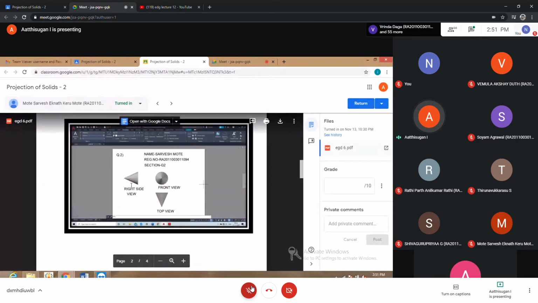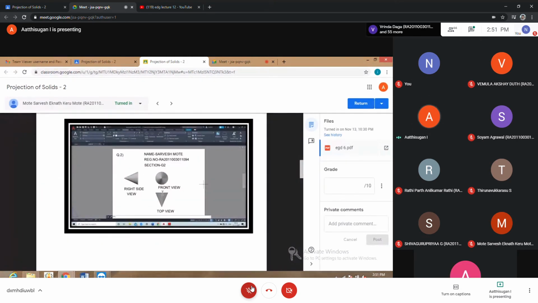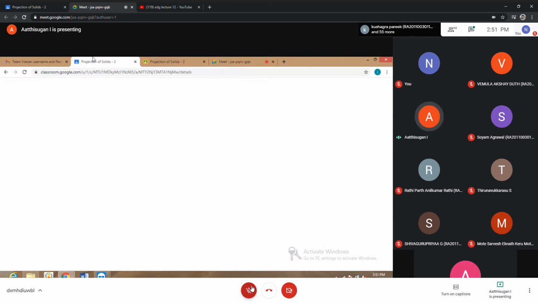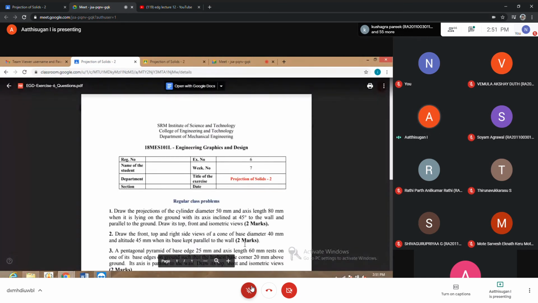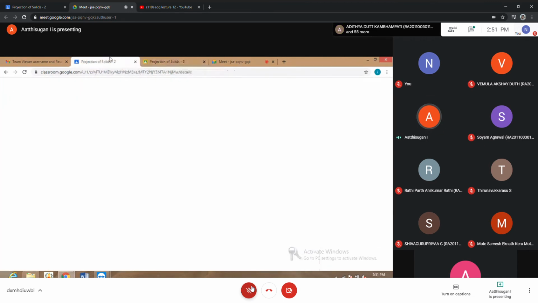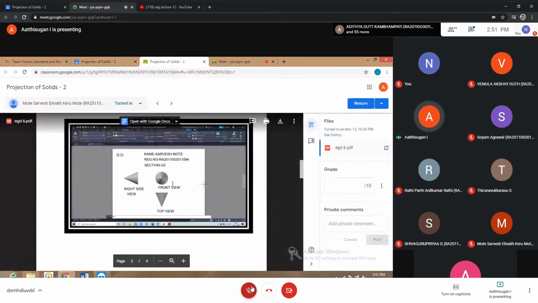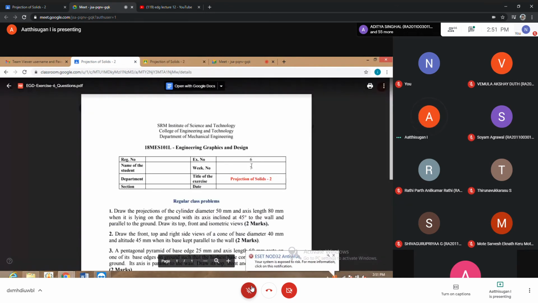Similarly here also, the axis height. The cone axis height, how much is given? Yeah, 45 mm. Diameter is 40. So two dimensions must be there. Here there is no rotation, so just take it directly. This may be 40, height may be 45. Like this you can give, in any one view. No need to give all view dimensions.